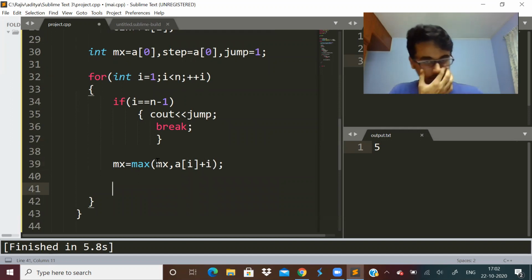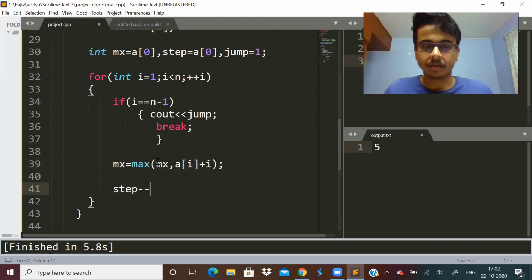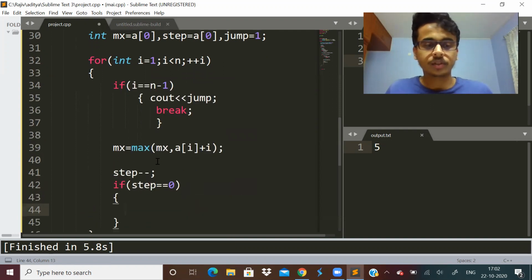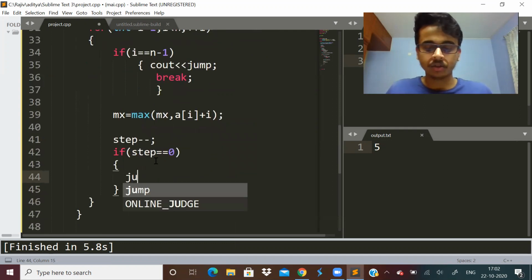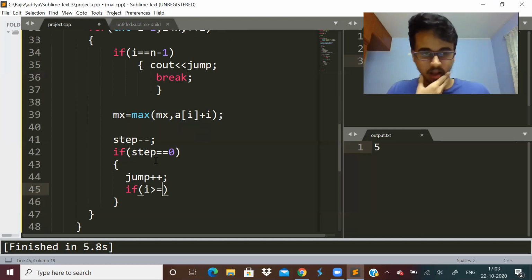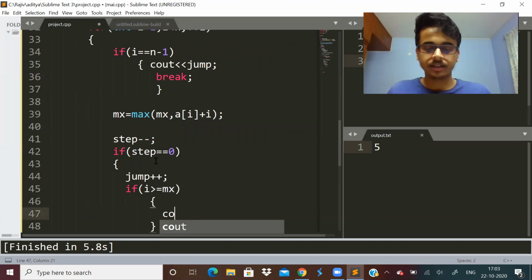Okay, then what I'll have to do, then I will decrease step count, and I will check if step became 0. If step became 0, then I will do jump plus plus. And if I is greater than or equal to max, then I will print -1, because then there is no answer, and I will break.